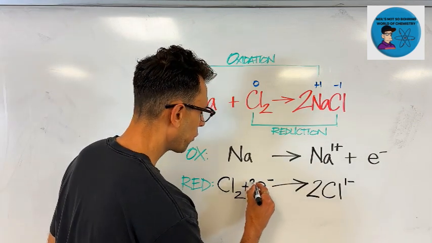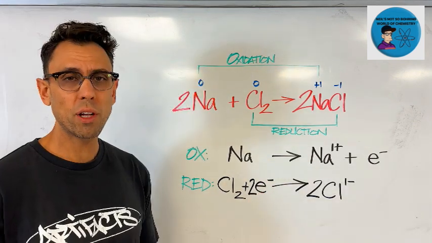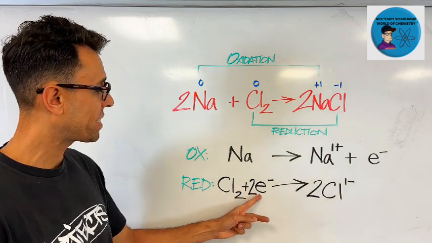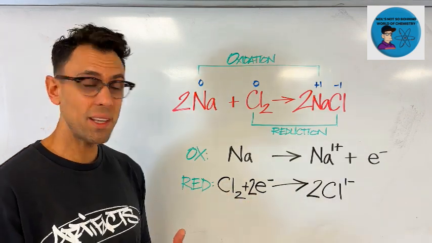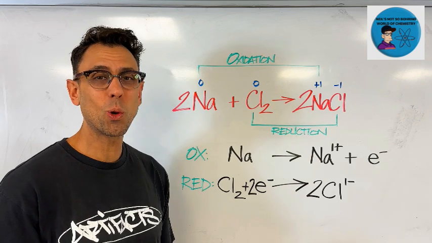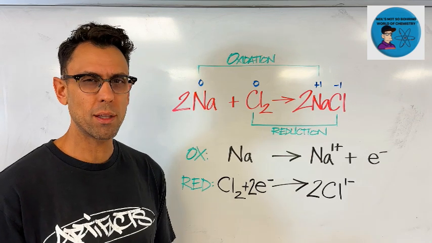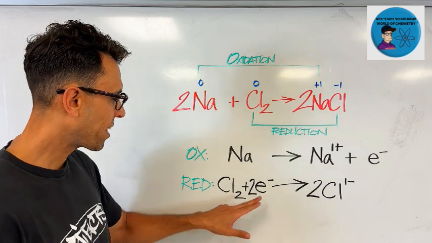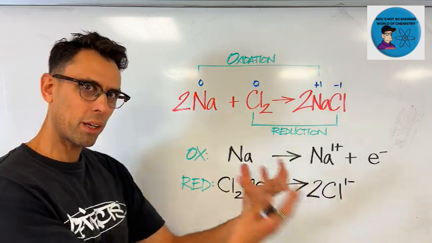We need to put a coefficient of 2 in front of that electron. So now we have 2 chlorine atoms. Each one of them is gaining 1 electron apiece, and it's resulting in 2 chloride ions. This makes more sense. But wait, isn't it the case that these 2 electrons that the chlorine is gaining